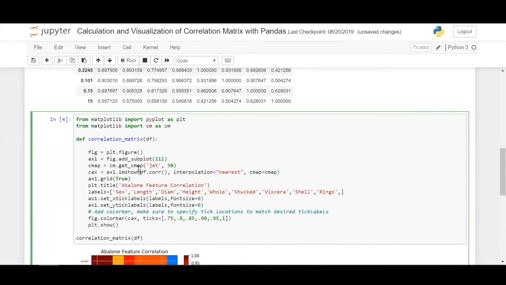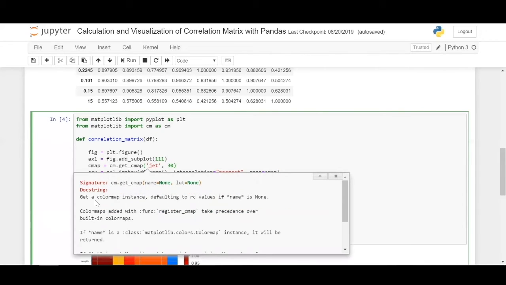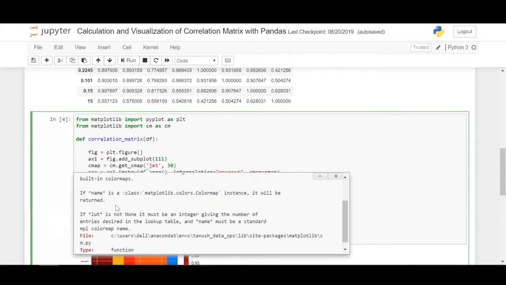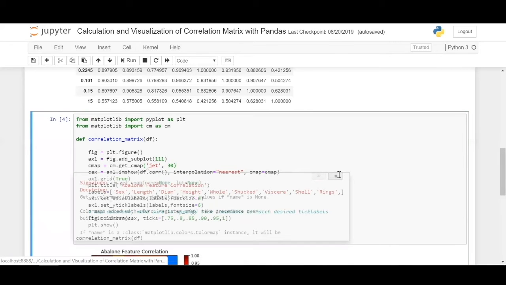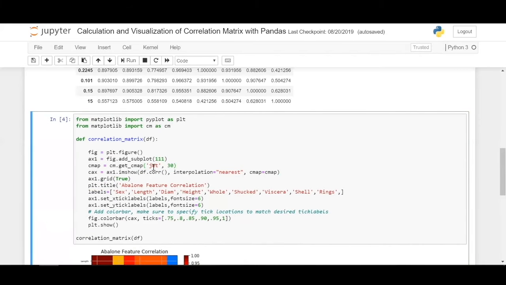CMAP is just the set of colors, so don't worry about all these details. It gets a color map instance, defaulting to the RC value if name is None. Here you have mentioned the name as jet. You can pass nothing also, and it still gives a default set of colors.